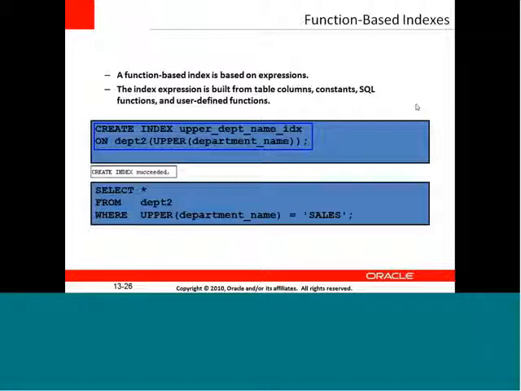And again, I can use the same to have a view on it. I'm going to create the index on one particular column, the department name, and whatever I have created as an index, I can view it with the help of a select command. So UPPER(department_name) is uppercase, right?